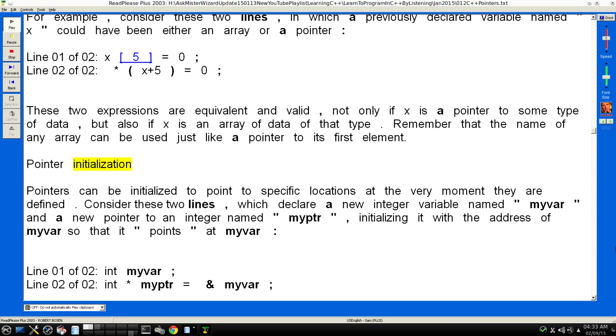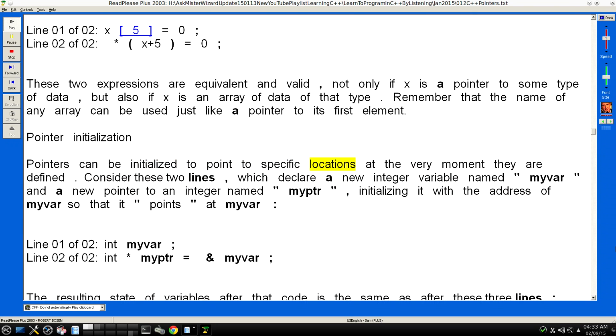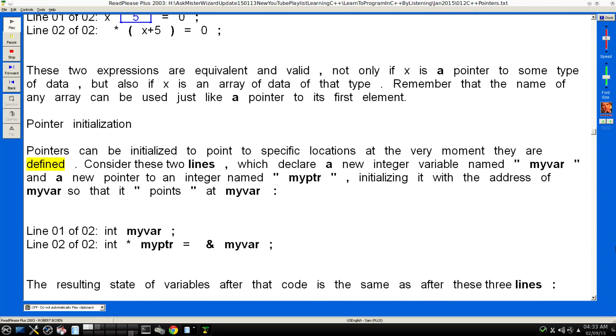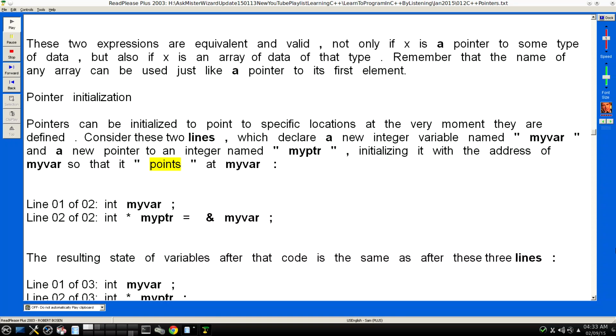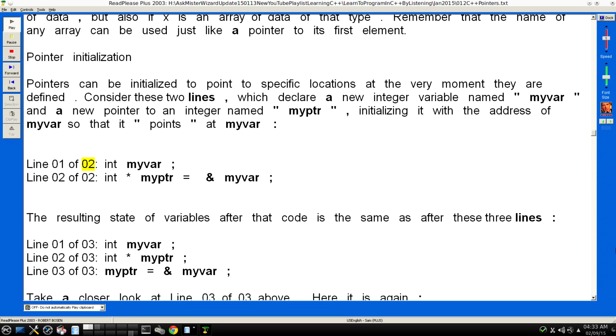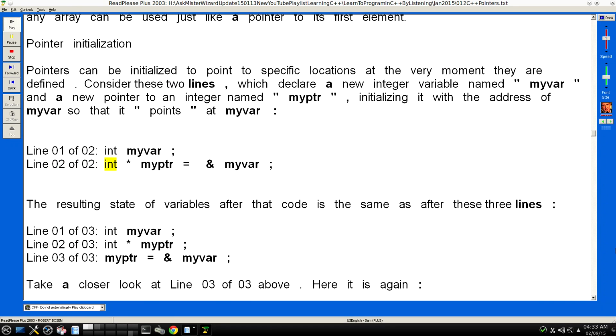Pointer initialization. Pointers can be initialized to point to specific locations at the very moment they are defined. Consider these 2 lines, which declare a new integer variable named "myr" and a new pointer to an integer named "myptr", initializing it with the address of myr so that it "points" at myr: Line 01 of 02: int myr; Line 02 of 02: int *myptr = &myr;